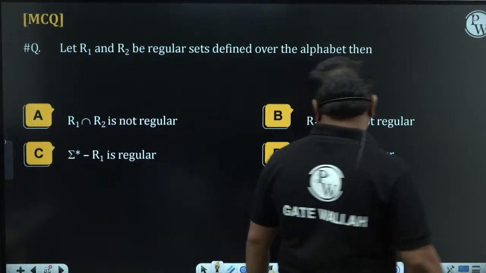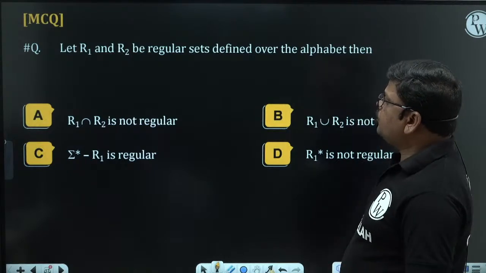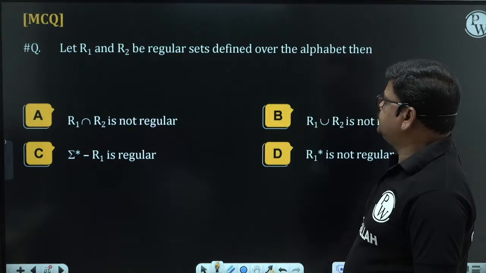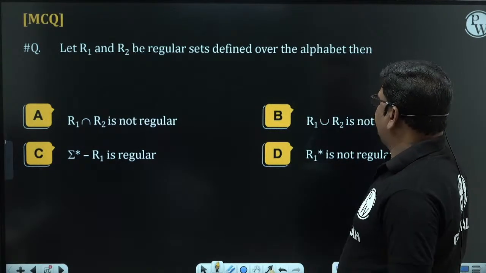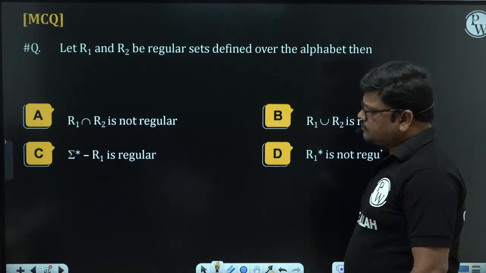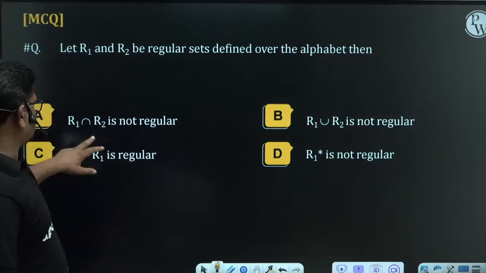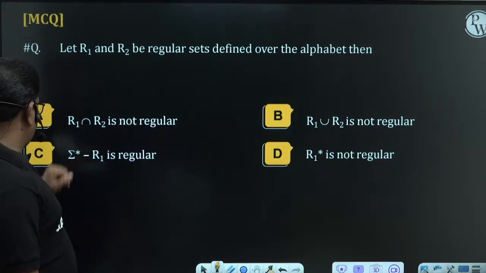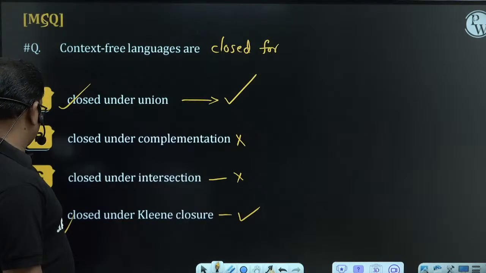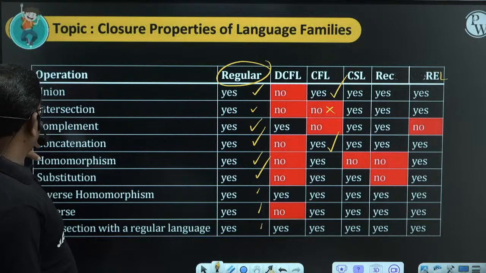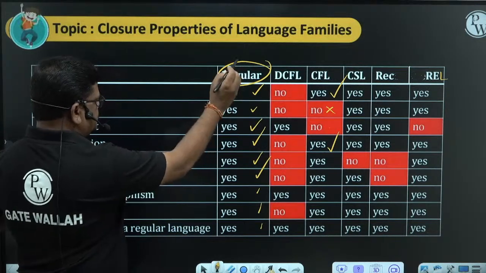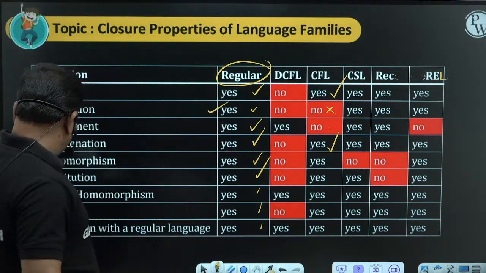This is one more question. R1, R2 are regular. Regular set means a language defined over the alphabet. R1, R2 regular, then performing intersection. What is the intersection for regular? Check the table. Intersection for regular: yes, for regular everything is closed.